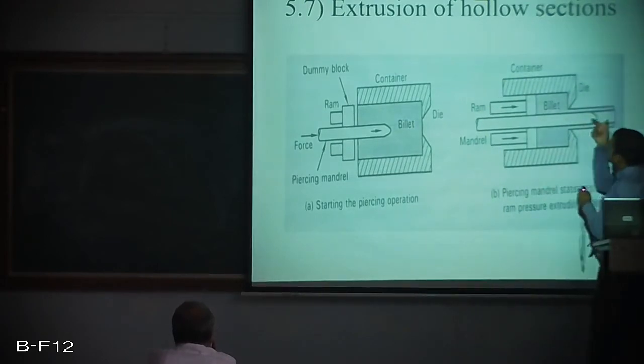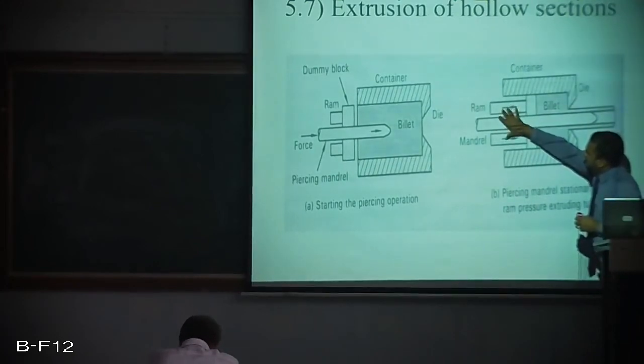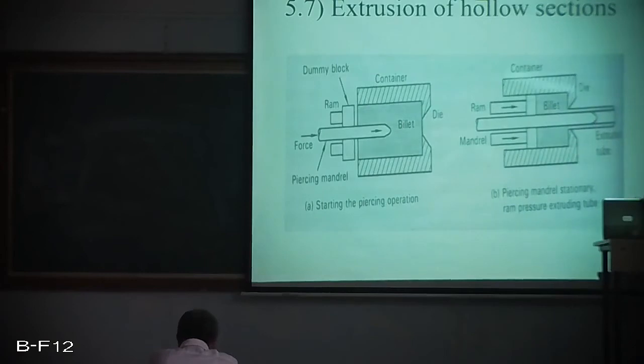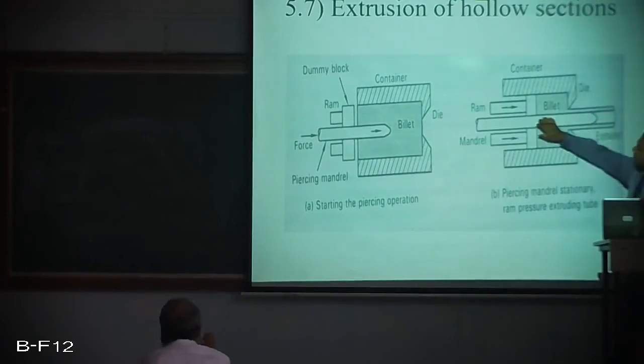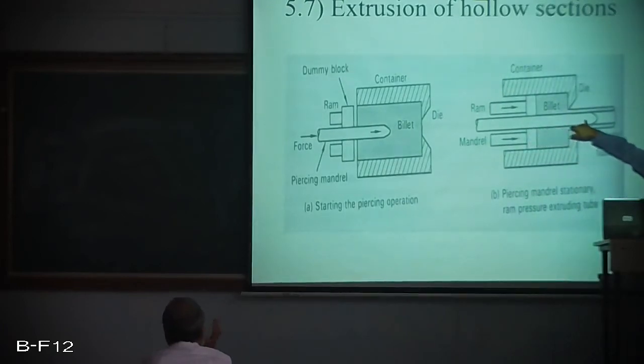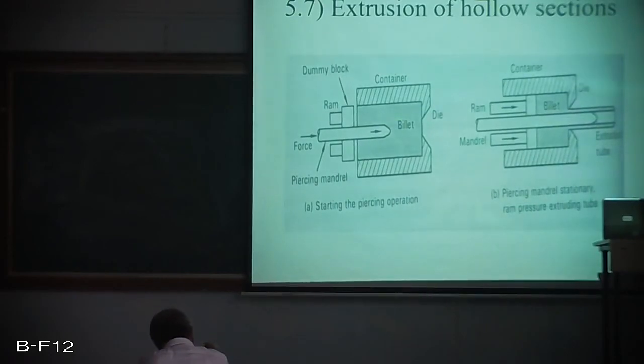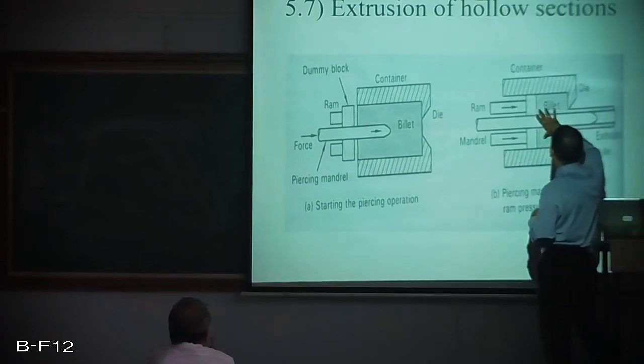You can see over here, this is the mantle and this is the ram. The mantle is attached to the ram, and one end of the mantle is attached to the hot billet. It is pierced till the entrance of the die opening. You can see over here, this is the die opening, this is the ram. The ram itself has the mantle, and the mantle is pierced till the entrance of the die opening. So hence a long hollow tube can be extruded out of this particular cavity.